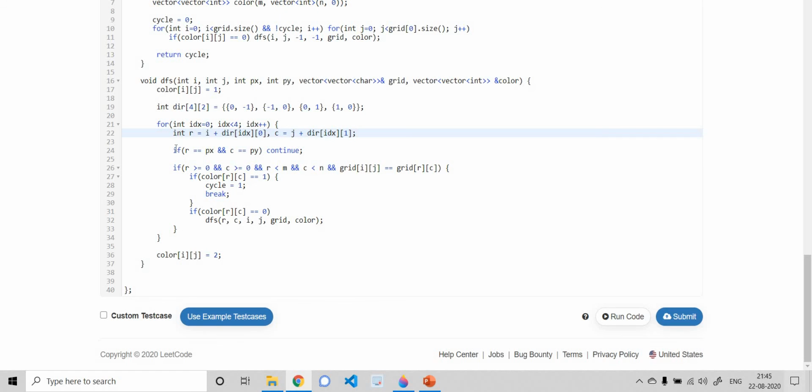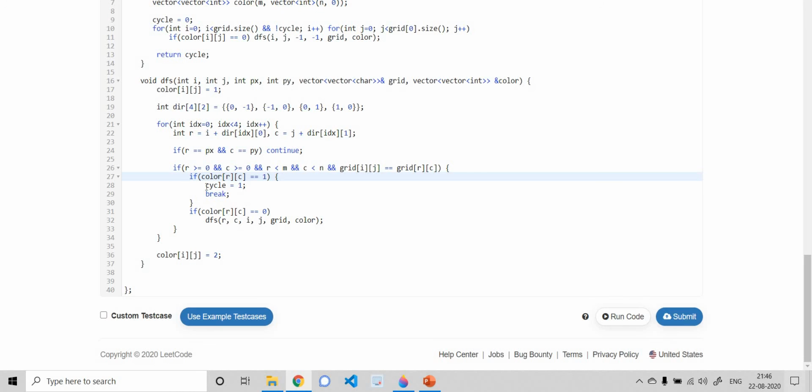If R and C are the same indexes as the parent of this current node, then I do not need to do anything, I'm just continuing with my loop. And if R and C are within the boundaries, I'm checking if the characters are the same for the current and the adjacent cell, and the color of the adjacent cell is equal to 1. It means we have found a cycle here.